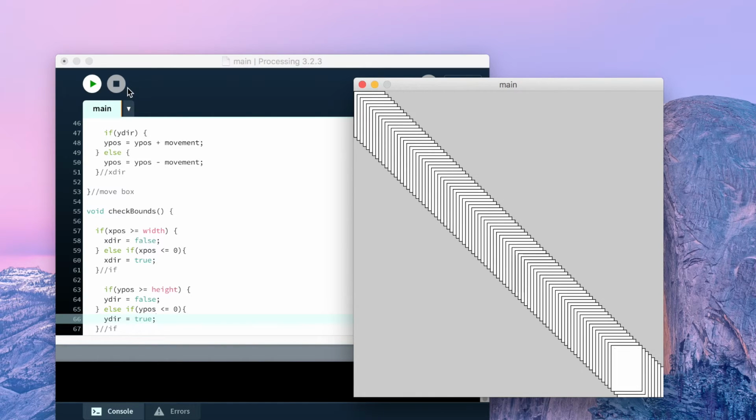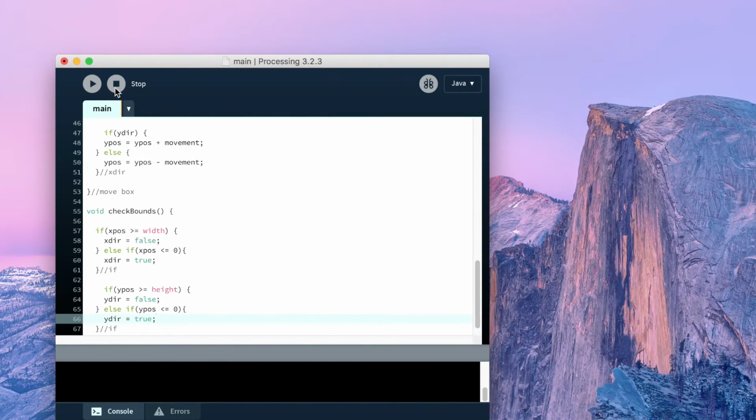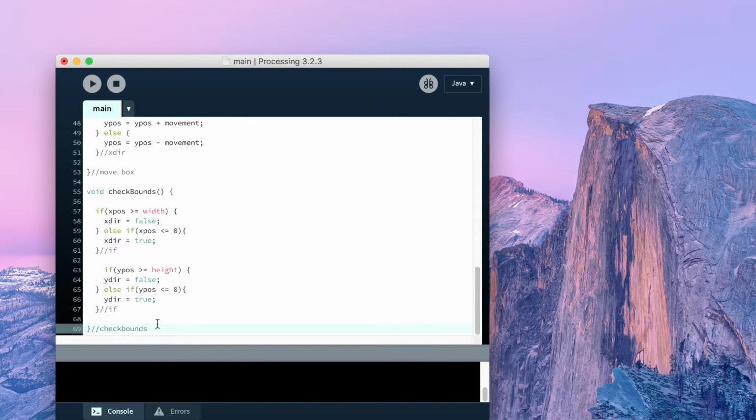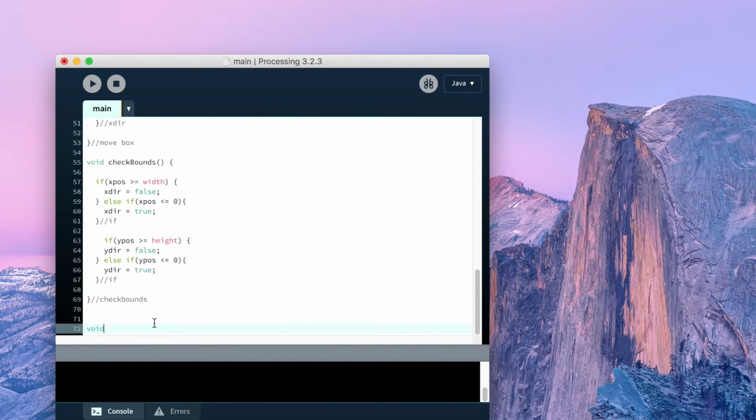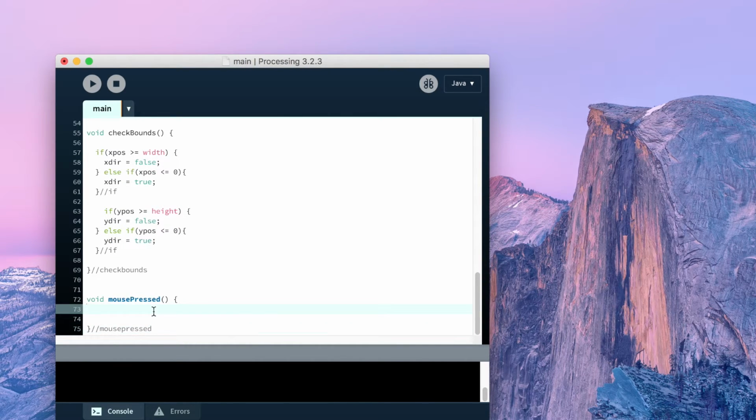To make this a bit more exciting and a bit more dynamic, we're going to add a final function using one of the inbuilt Processing functions, mousePressed. What we're going to do is every time we push the mouse, we're going to randomize the location of our box. So xpos is equal to int random